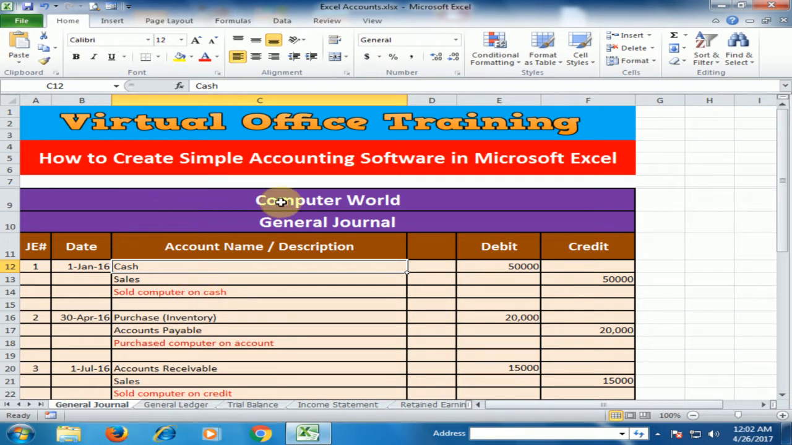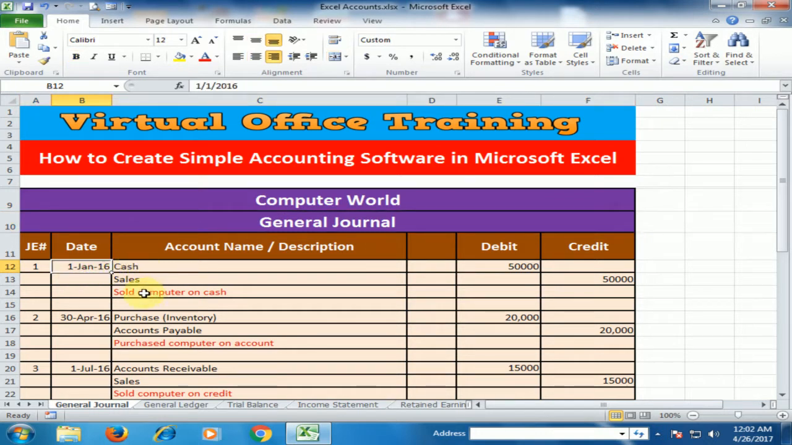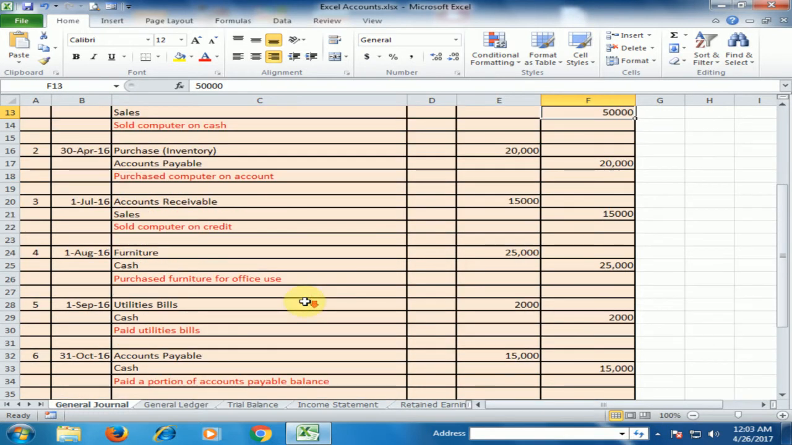Today we will learn how to create a simple accounting software in Microsoft Excel. Here are Computer World and the journal. Now you can see here Computer World sold computers on cash. Cash is increasing, that's why I put this value on the debit side. Sale is revenue, and when revenue is increasing you can put it on the credit side. And here are some